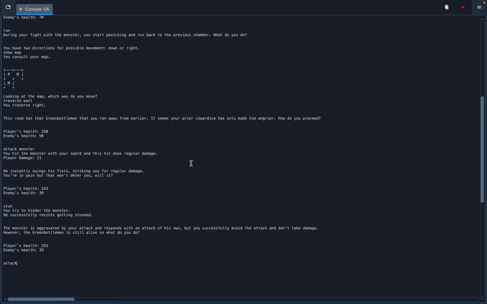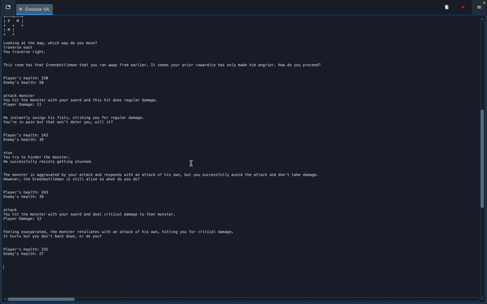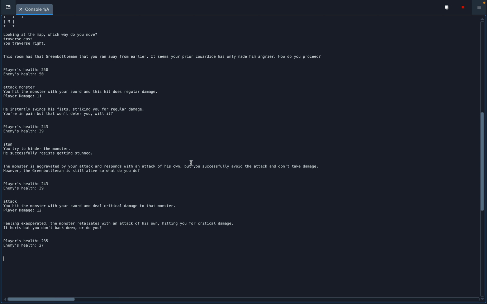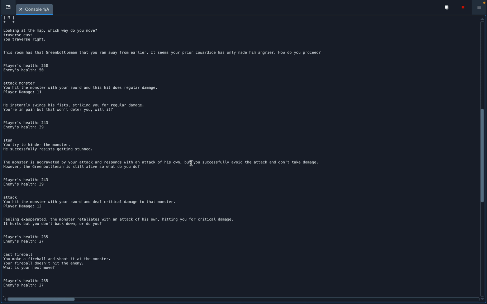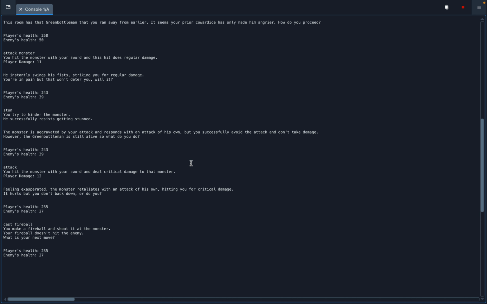So I'm going to attack again. It seems that he was able to hit me, which is unfortunate. But I'm going to use my fireball attack. That's something that I can do. And so I'm going to cast my fireball. And it turns out I did not hit it. That is not good. And so the way that this game works is that what you're inputting is